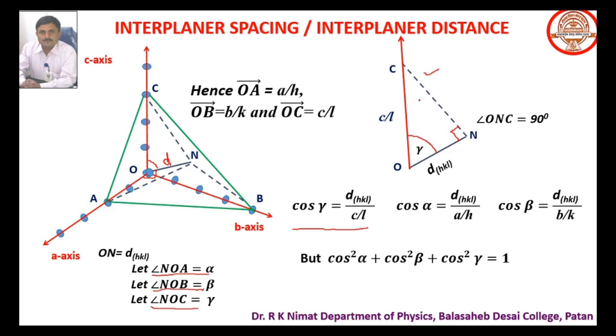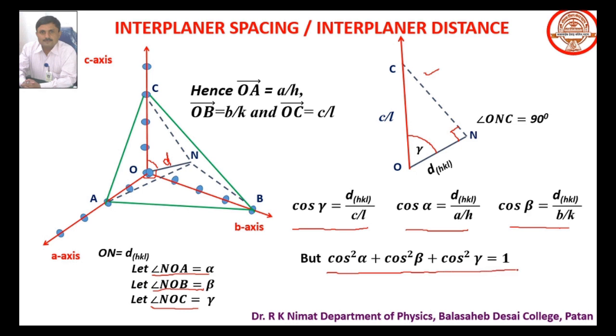C by L is the hypotenuse in this case, which is nothing but the intercept made by the crystal plane along the C axis. Similarly, you can calculate cos alpha as d_hkl divided by A by H. A by H will be the intercept made by the crystal plane along the A axis, and cos beta is equal to d_hkl divided by B by K, where B by K is the intercept made by the crystal plane along the B axis. So from the geometry, we can write cos square alpha plus cos square beta plus cos square gamma